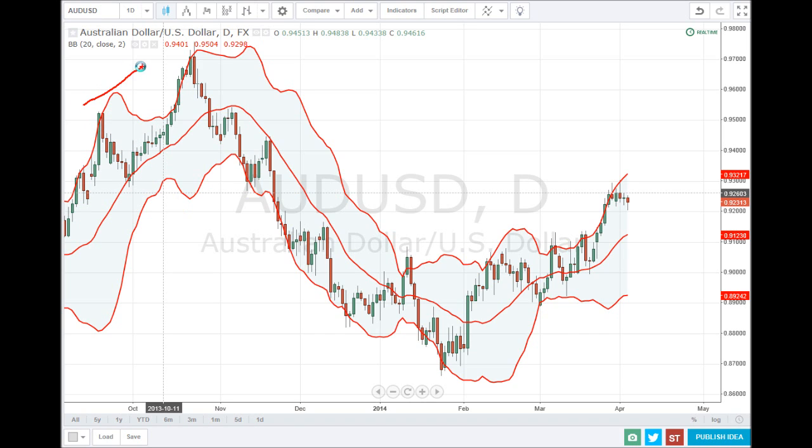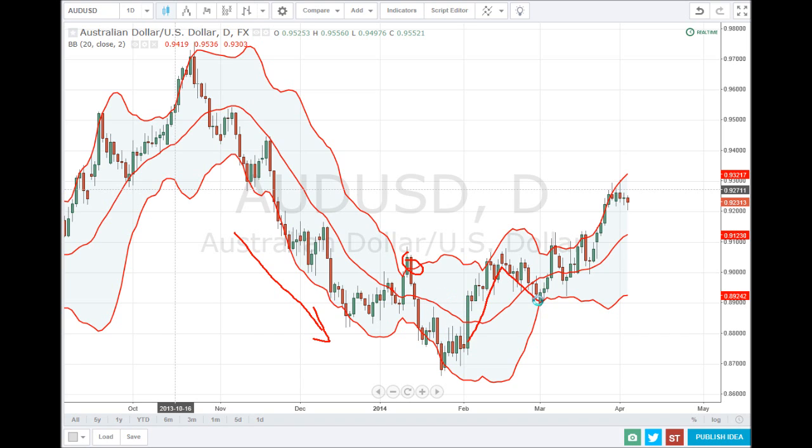When price uptrends and price breaks this middle band and price touches the lower band, that can act as a signal that the uptrend has now ended, and you'll see in this case that it is. When price is downtrending and price breaks this middle band and touches this upper band, that can act as a signal that the downtrend has ended, and you'll see soon after this upper band is touched, this downtrend ends and